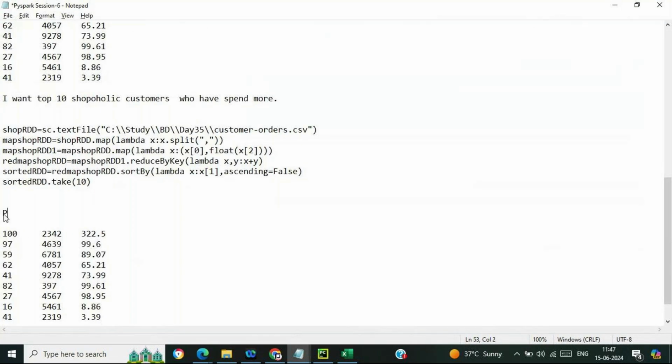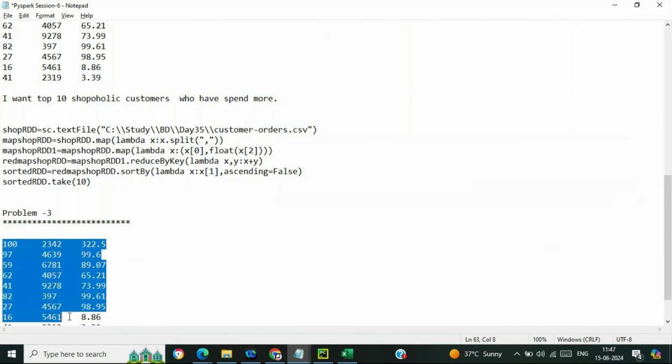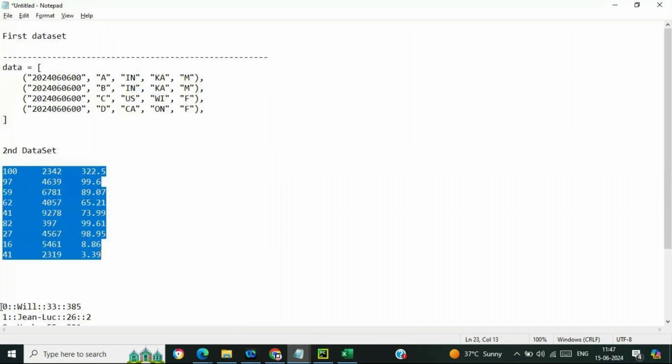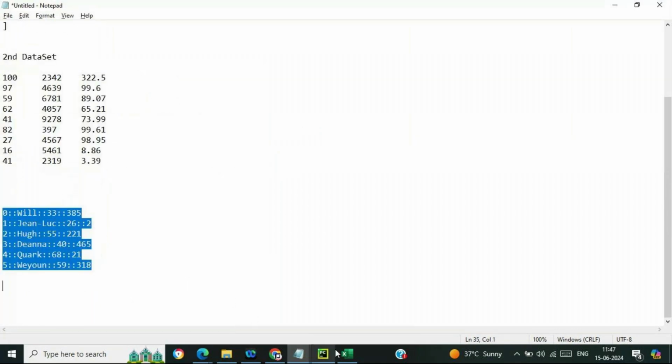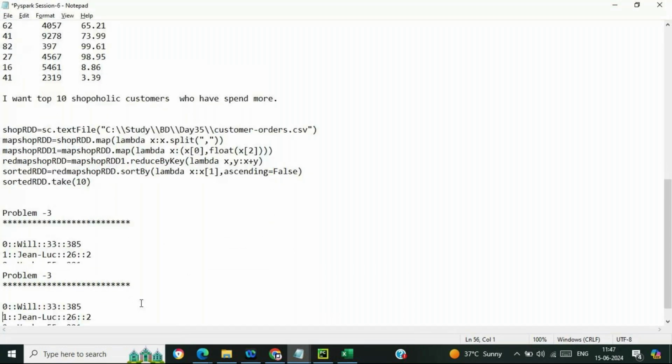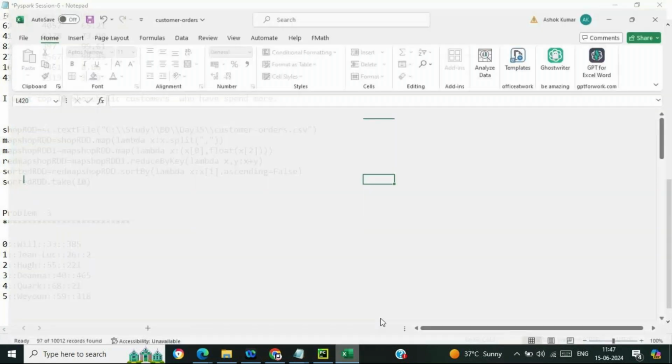Okay, problem 3. This is with respect to problem 2 only. Problem 3 has this particular data set. Okay, so what we are having, let me open the sheet.